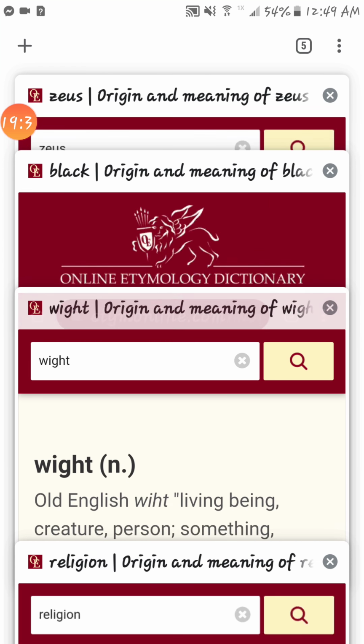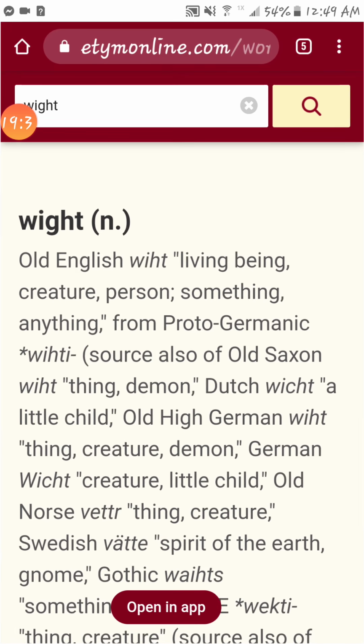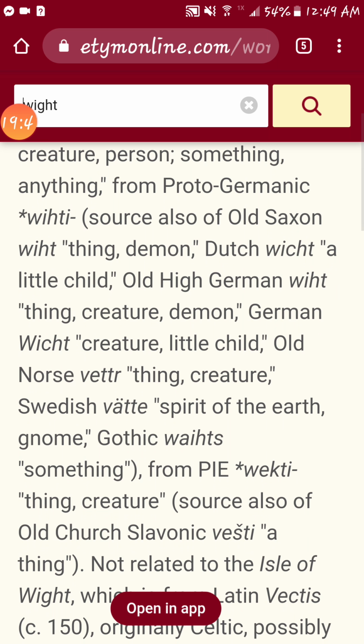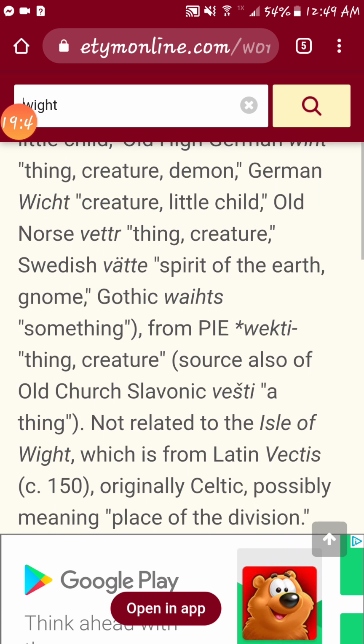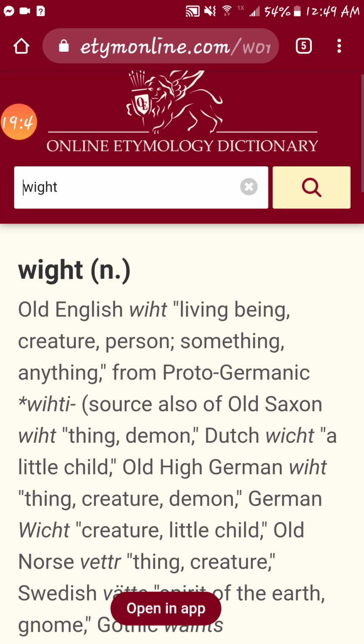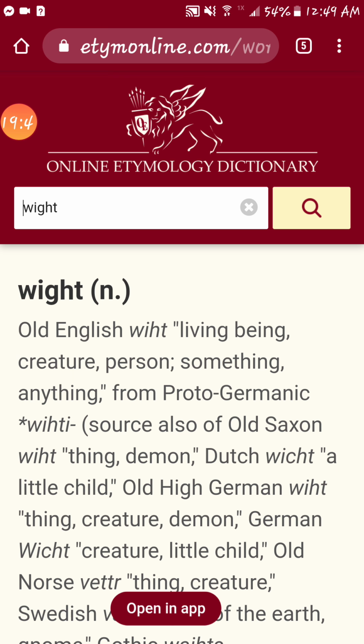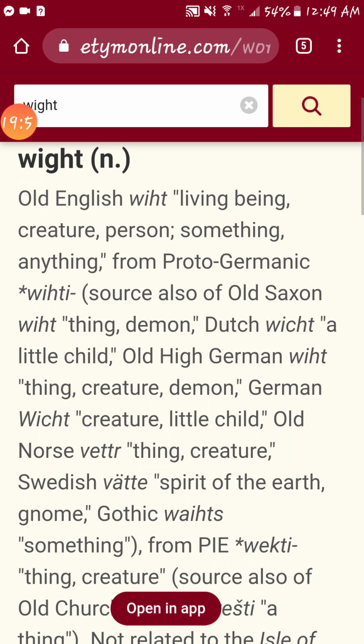So guys, these are the words I wanted to show you. You can go look over anything for your own self. Do your own research. Do some compare and contrast. It's just a website I like to use, but my best recommendation is you actually get your own dictionary and look up these words. The older the dictionary, the better, because they eventually change meanings of words and definitions as they go along. I'll do a video on that. I'll probably do that next, maybe. We'll see. All right, guys.